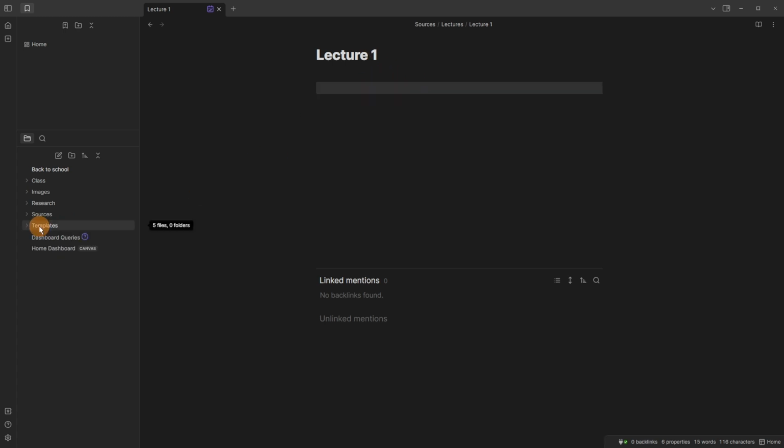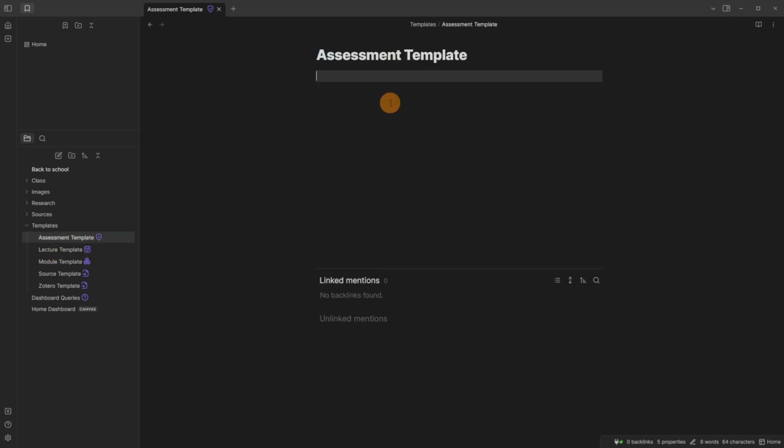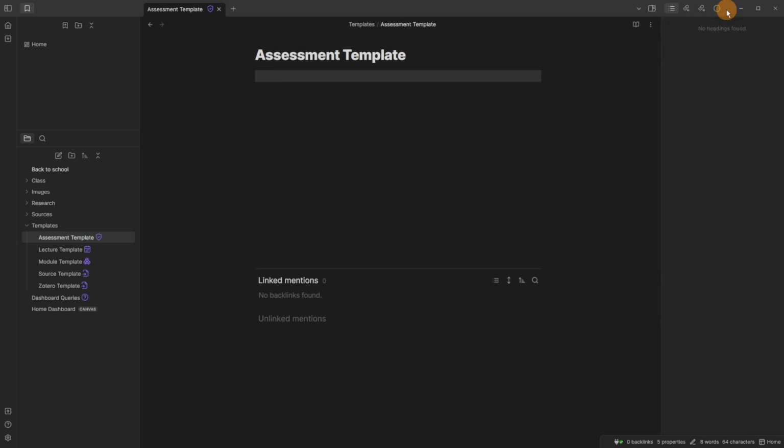Hopefully that makes sense. Moving down to the templates folder, this helps me add new files in with all default information, such as the class and the properties and everything else. So if I go to the assessment template, at the moment, this looks very bland because there's nothing in there. But if I go to the right sidebar, you can see we've got the outline plugin for headings for research. We then have the backlinks plugin, which I actually have the backlinks down in the file. You can remove that in the settings, but that's there. Outgoing links, and then file properties. So if I click on file properties, you can see the class is assessment. There's a date property already there, a module property, a priority, and a deadline property already added inside of the